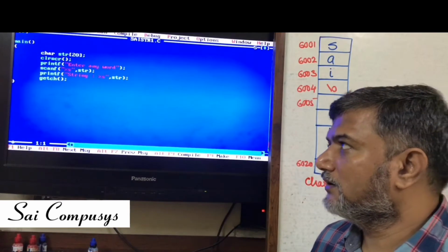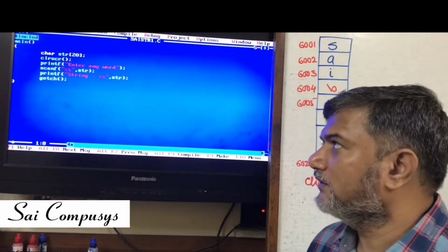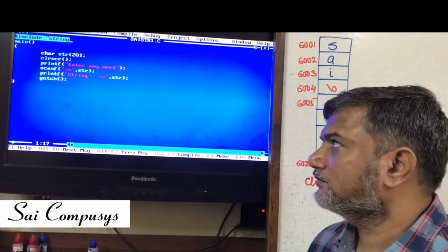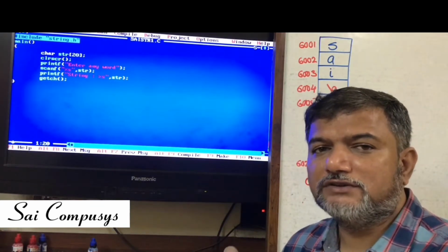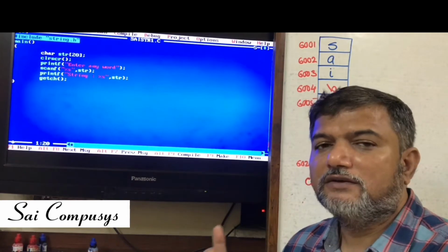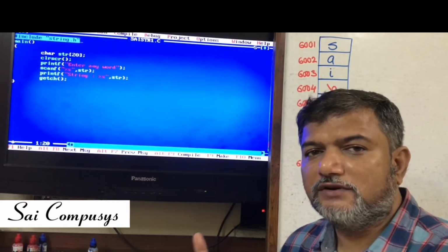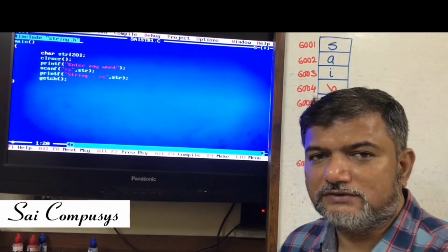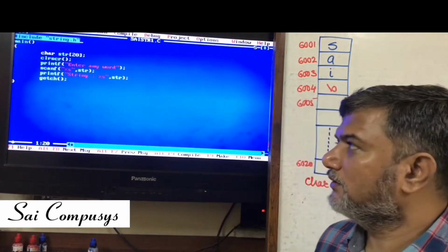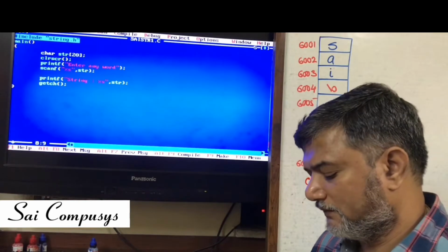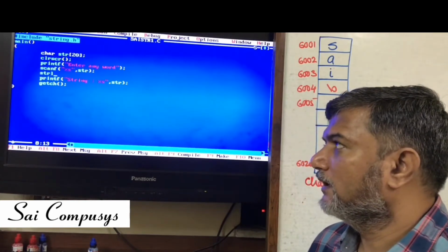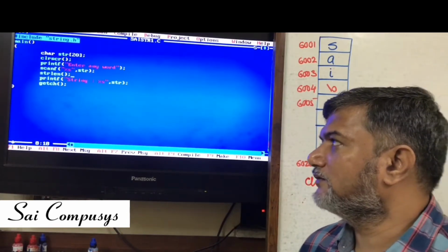Now last time I told you about this header file. As math.h contains functions related to mathematics, string.h contains functions related to string operations. One of the most common functions that you encounter here is a function called strlen.